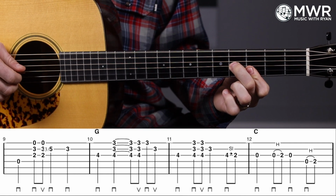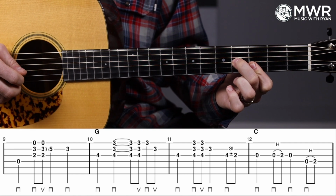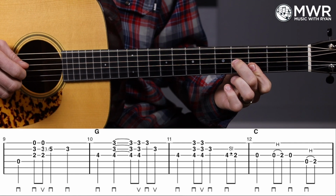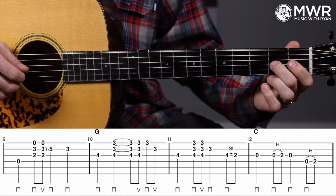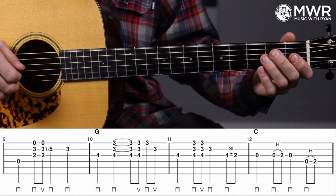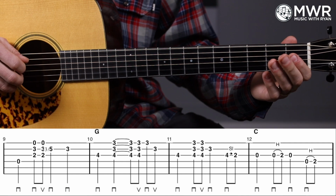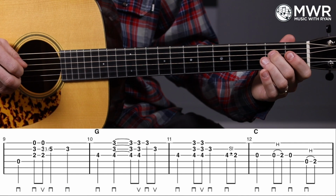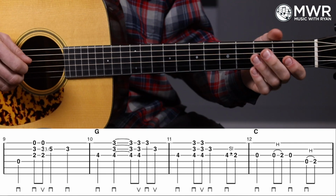And then measure 11, I land back on the 4th fret. Then I strum 3rd fret B, and then 4, 2 slide. And measure 12, we go back to the C chord, but it's open G note. Then 0, 2 hammer on G, open G, 0, 2 hammer on the D, and we'll go to the D note. Let me play all 4 of those in context. So it's